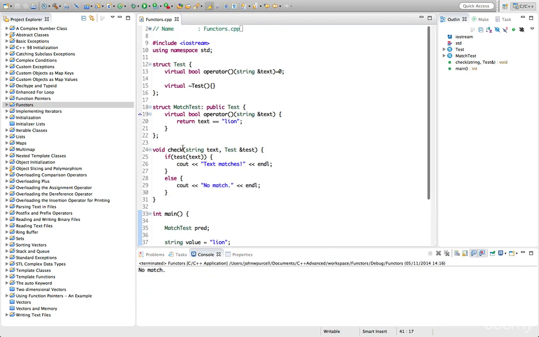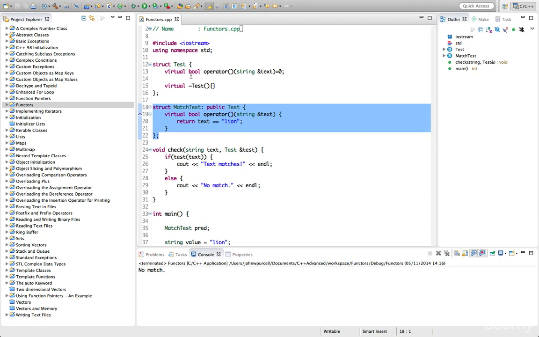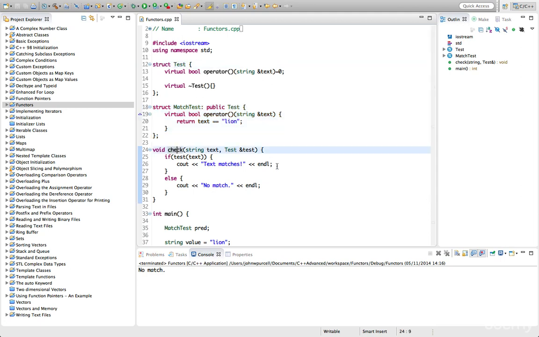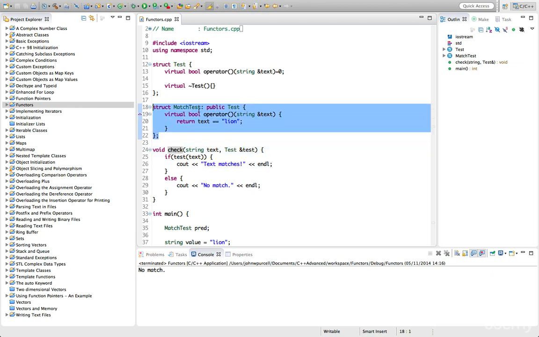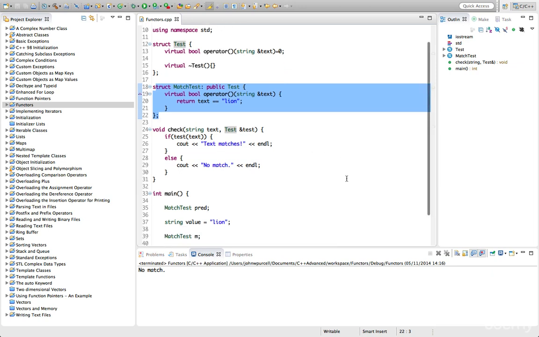So the idea here is we could implement lots of different tests that all derive from this, and we could pass them to this function here. So we're making use of polymorphic references in order to implement this functionality. There are some things you can do with this that you couldn't do with a function pointer. For example, this could actually have a state. If for some reason you needed this to have a state, it can have private variables, for example. In some ways it's a little bit nicer to work with than function pointers, but that kind of depends what you do. So this is just worth knowing about as another string to your bow,